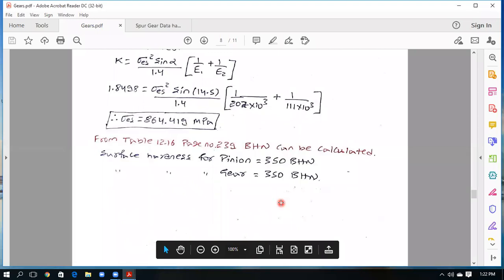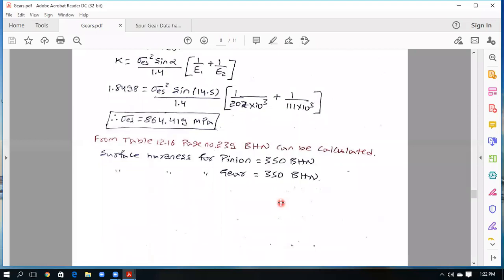If you have understood, or if you have any doubts in this, you can ask me. I will clarify that doubt. Any one of you having any doubts? First, you need to go through the design procedure completely. After that, it will be easy for you. Why? Because here we will be referring to different tables and different equations. Once you are perfect in that, it will be easy for you to solve this problem. A standard procedure is there. You need to follow that standard procedure. Any one of you have any doubts? Otherwise, I will ask.